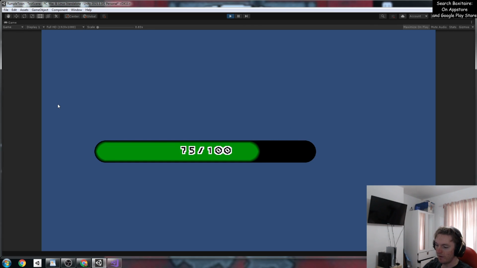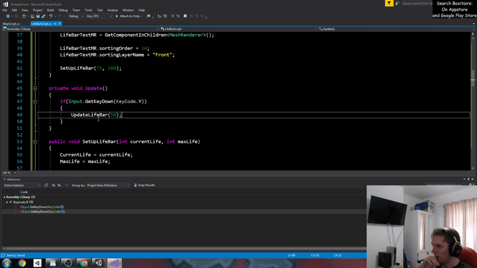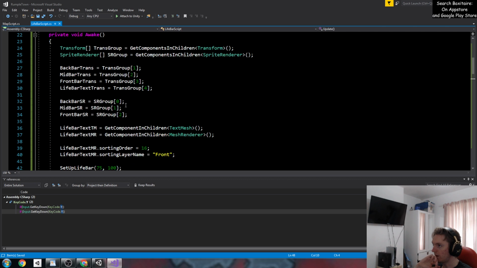So this is what the life bar looks like now. If we press Y, we're going to lose life. Let's see what happens. Yeah, that's okay. Obviously, it's far too slow, but we can. Yeah. So what I kind of want to do is have